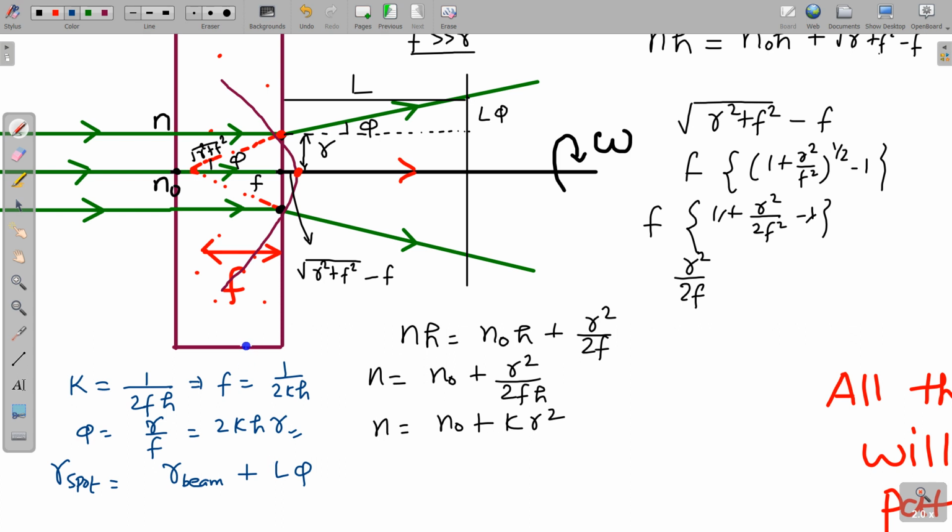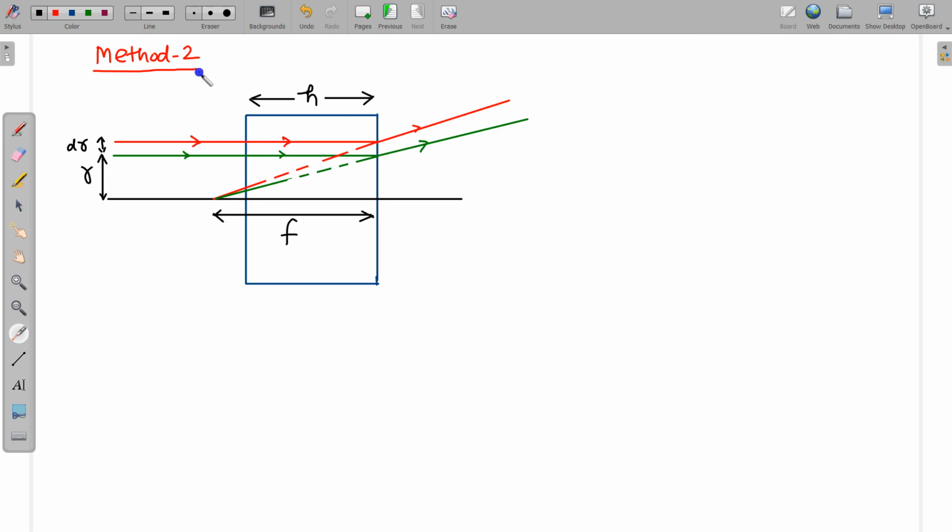We can also solve this question using some different approach. तो इसके बाद मेथड नंबर 2 से इसको यहाँ पे देख रहे हैं।